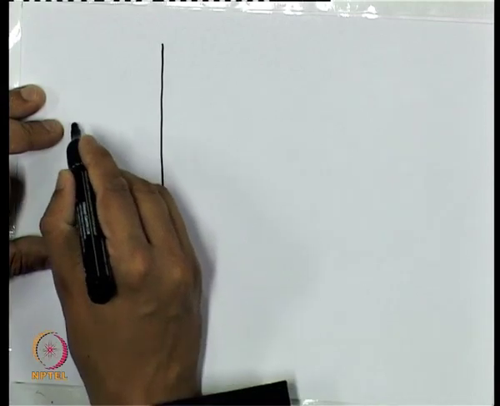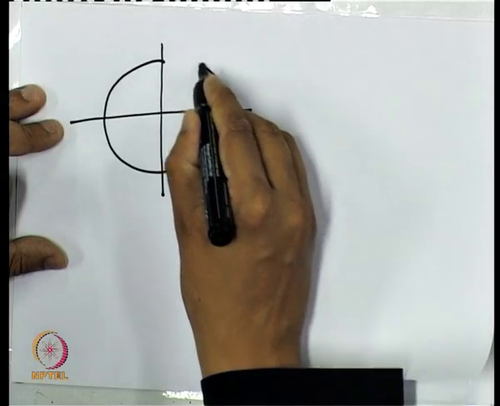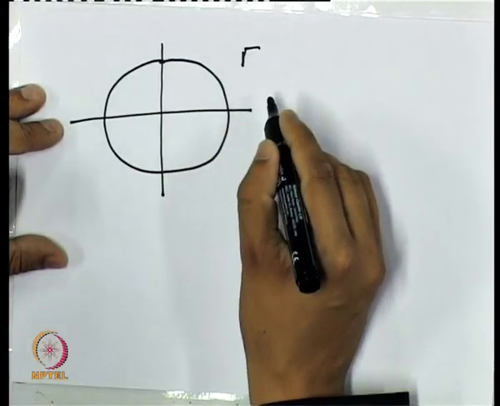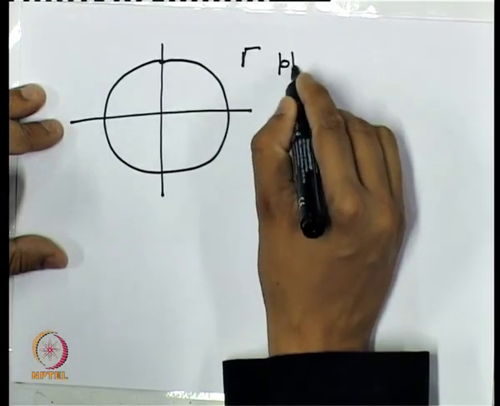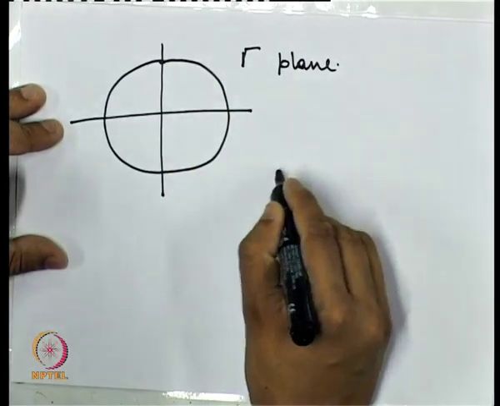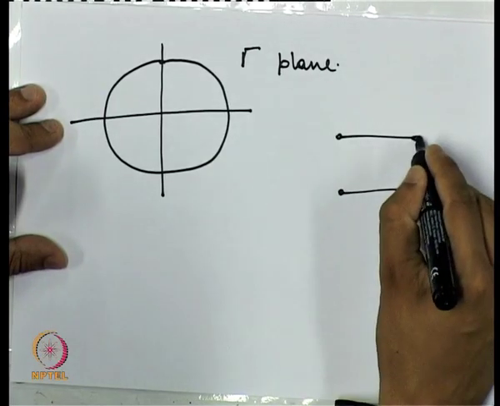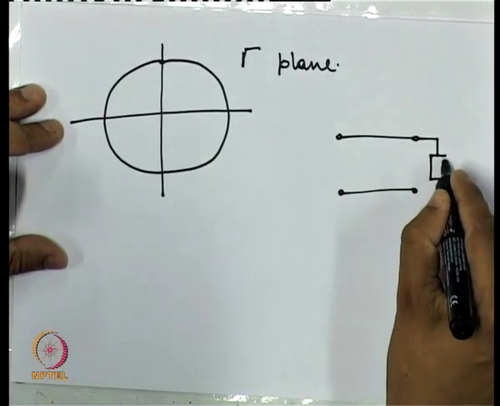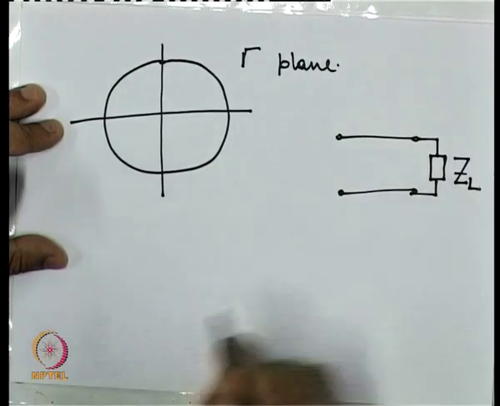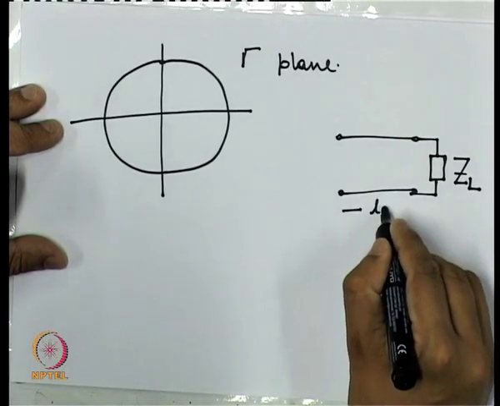So if I can just redraw that figure, this is the gamma plane, and if this is the representation of a transmission line with a load ZL connected, and say this is a transmission line of some length L,